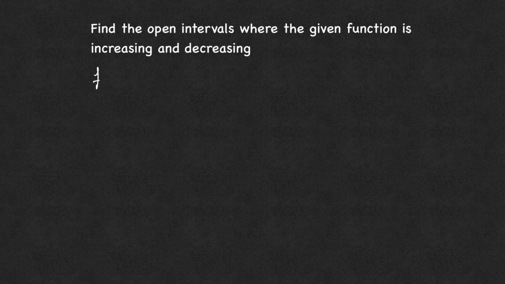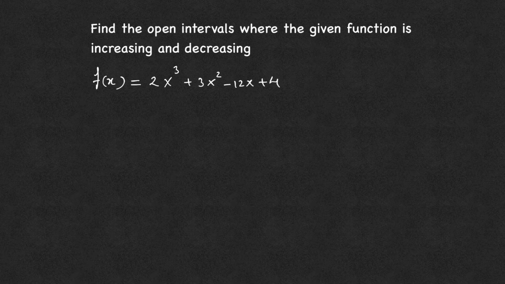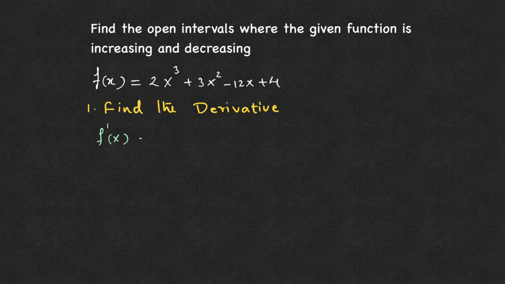Find the open intervals where the function is increasing and decreasing. Given a function f of x equals 2x cubed plus 3x squared minus 12x plus 4. Begin with finding the derivative of the function. f prime of x equals 6x squared plus 6x